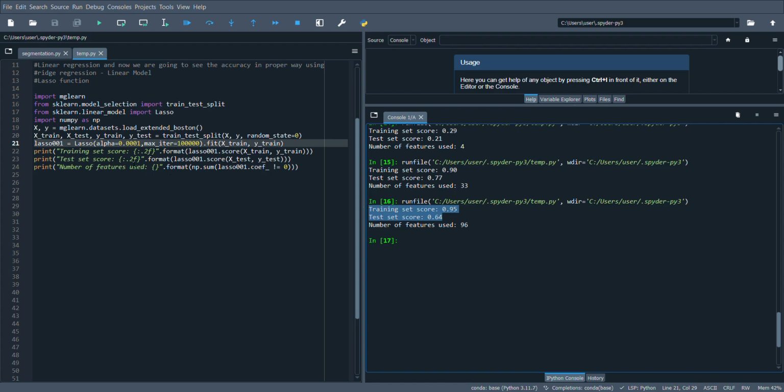So you have changed the alpha. One alpha value is 1, another alpha value is 0.01, another alpha value is 0.0001. So these are the three things. So at a time, if you want to see the output of